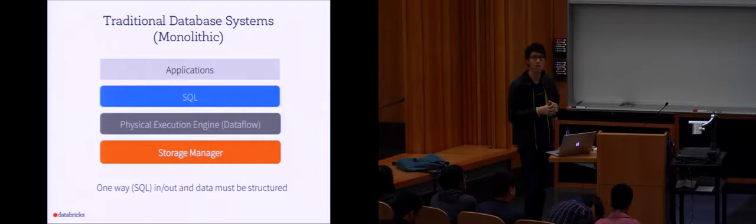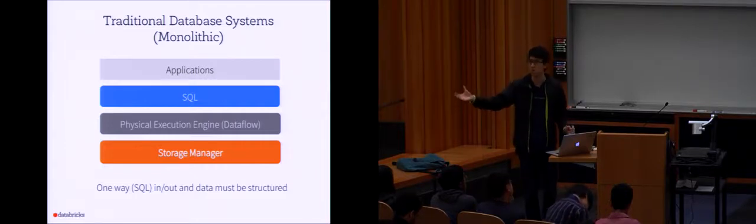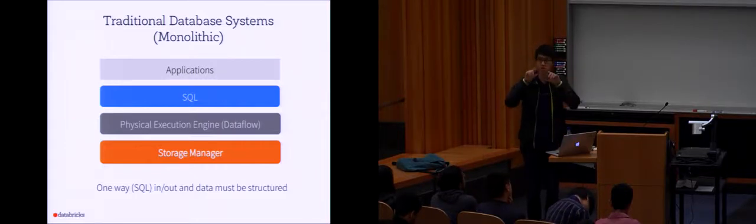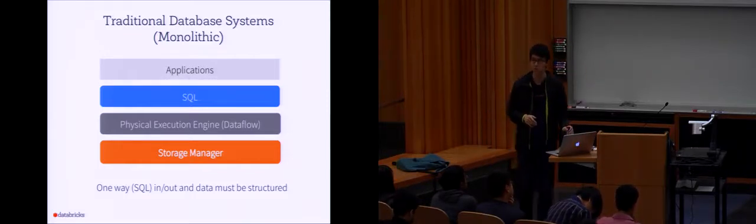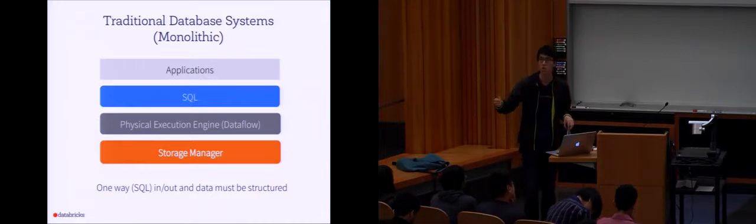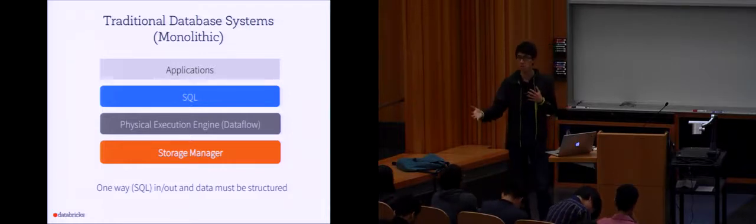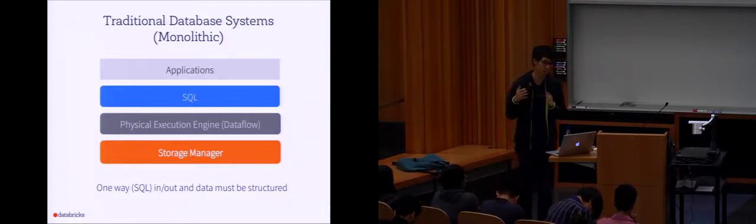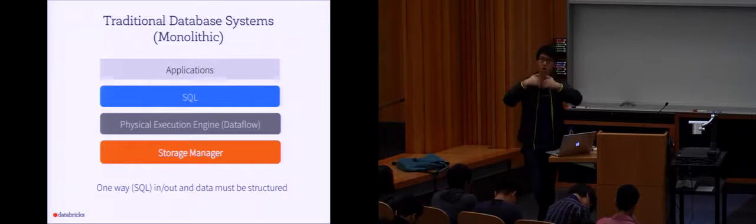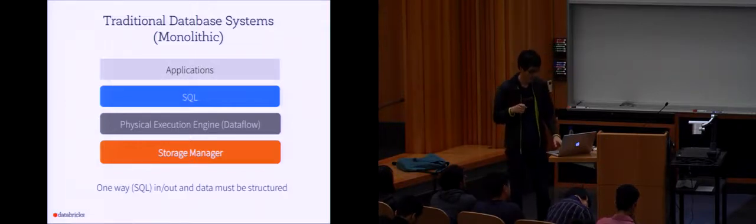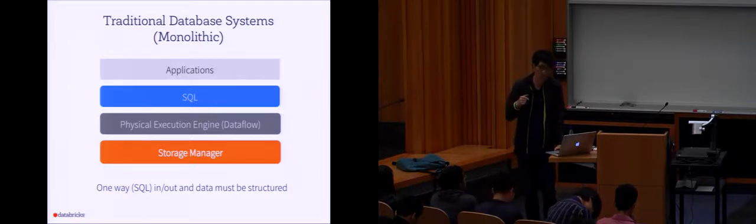For example, this is how you do a hash join. This is how you do an external sort. This is the physical execution engine. Then there's a SQL part on top that essentially compiles SQL into the physical execution engine. And then applications talk to the database through SQL. You dump data in through SQL. In some cases you might have a bulk loading tool, but it's still primarily gated by the database. The only way to get data in and out is through talking to the database. And then typically data are very structured and normalized in relational form.